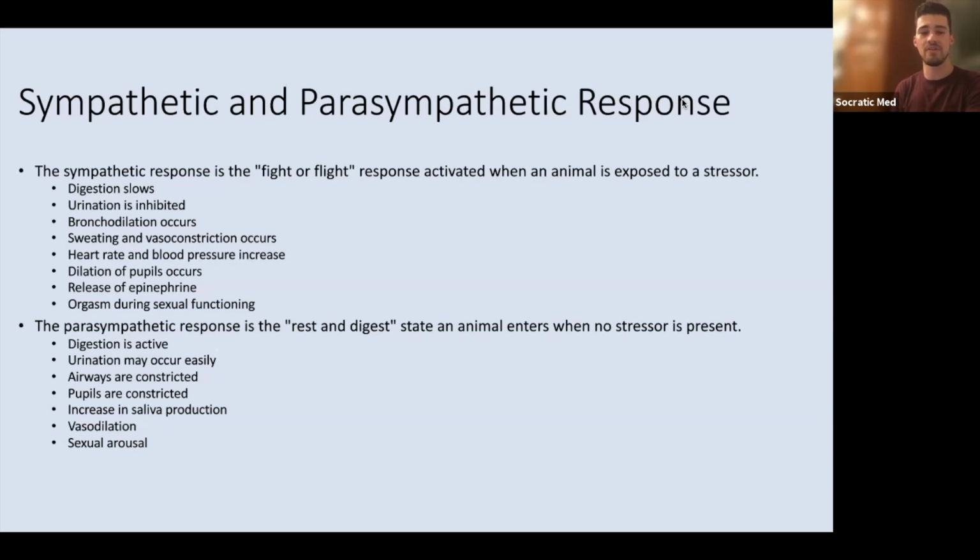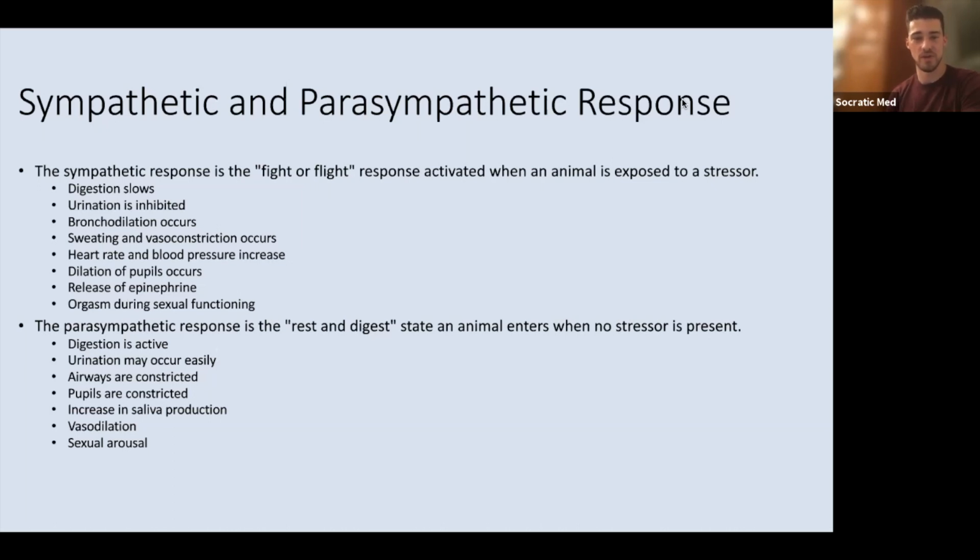Once you figure out the pattern and you really have an understanding of the sympathetic and parasympathetic response and what their goals are, you can start to intuit this. So if you're not really keen on remembering things, just bland memorization, you can figure it out. So digestion slows, for example. We know in the fight or flight response, epinephrine is released, digestion is going to slow, because if you're in